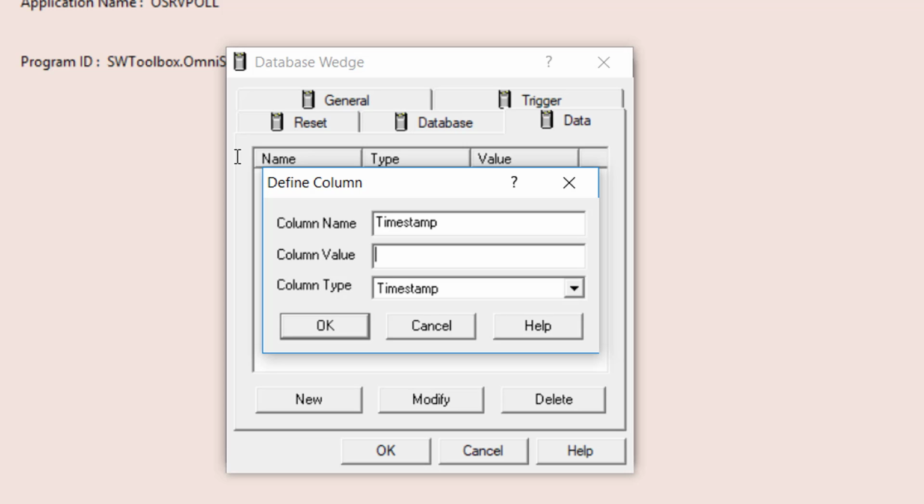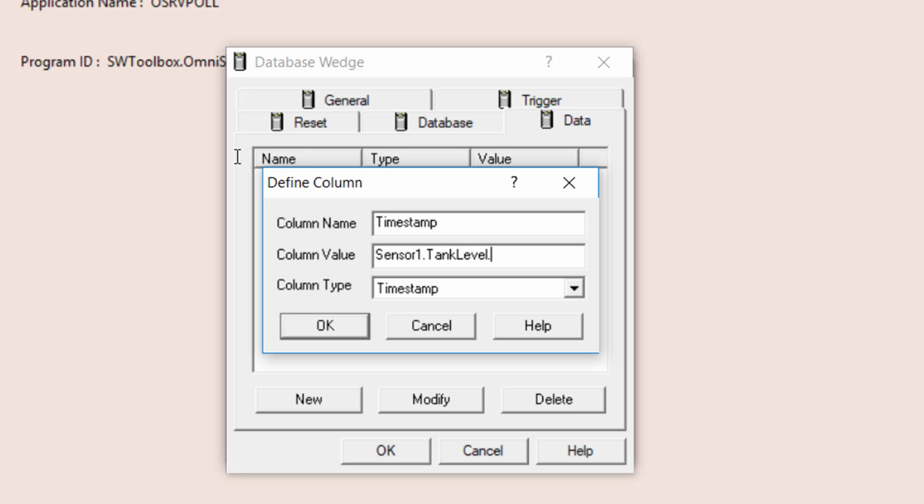Now, I can define a number of different expressions, including string data, fixed numbers, or I can even define complex math expressions, such as calculations to convert my raw value to engineering units, for example. But for this example, I simply want to define columns to pass my timestamp and the value of my tank level item, which I used for the trigger and reset sections earlier. So I just need to enter the topic, which was sensor 1, then a dot, and my item name, which is tank level,